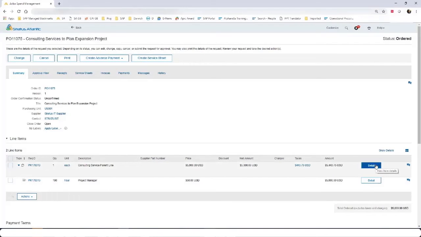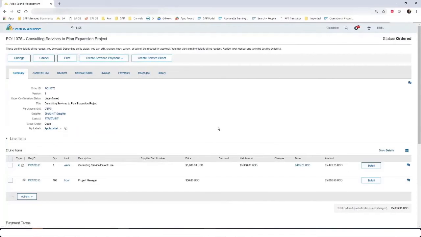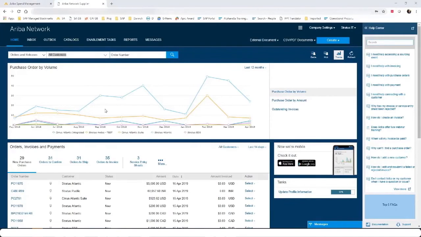And if we click on the details, we can see in the detail of the $50,000 how much has actually already been created, planned, so that you can see that it leaves you open amounts available and so on. So next will be to show it on the Ariba network. So looking in on the Ariba network from the supplier point of view, they will receive this order in their